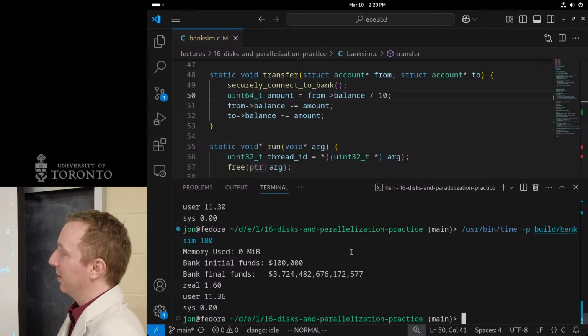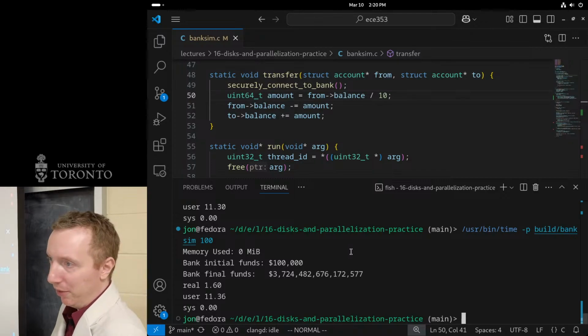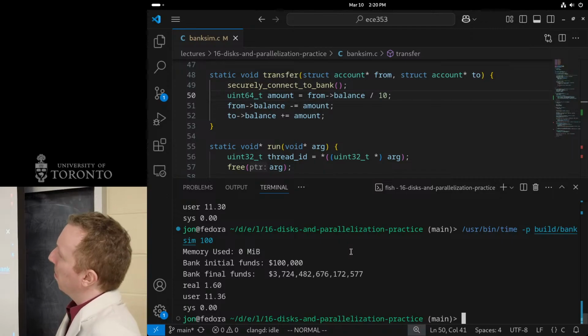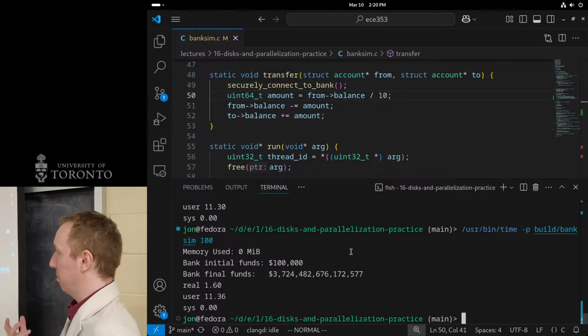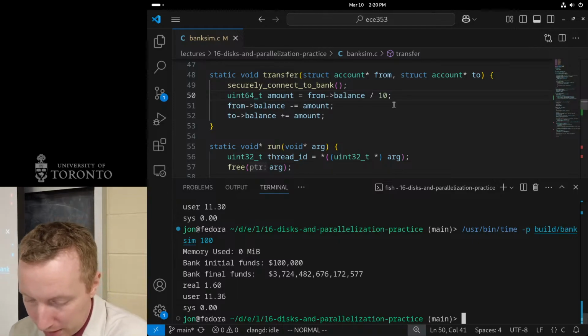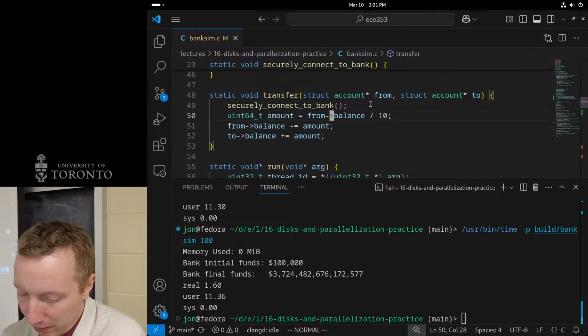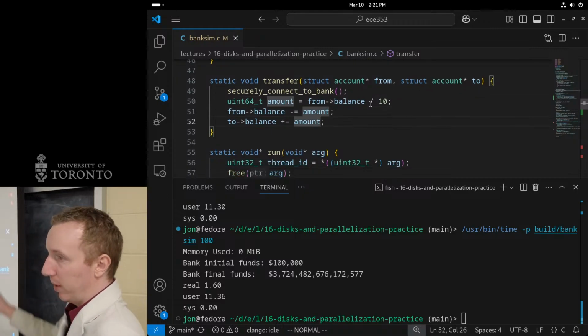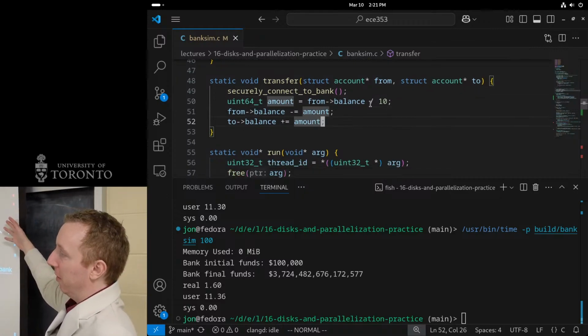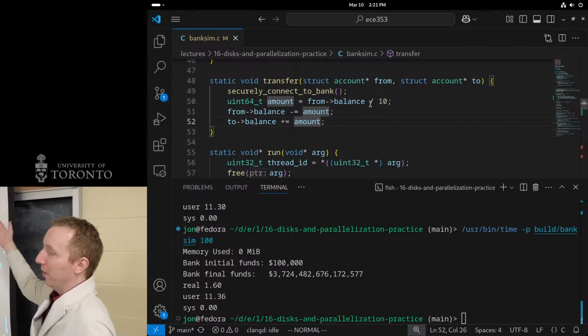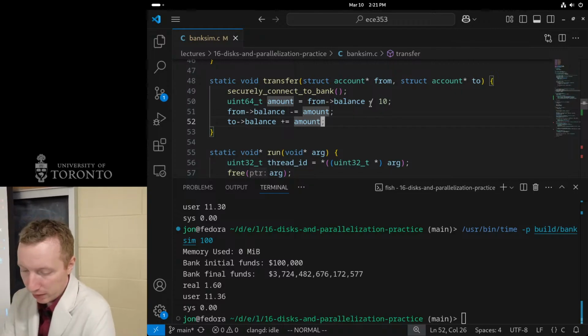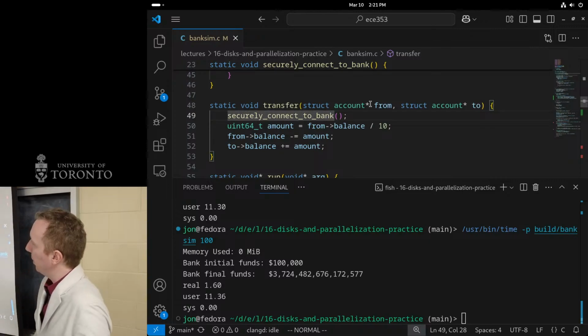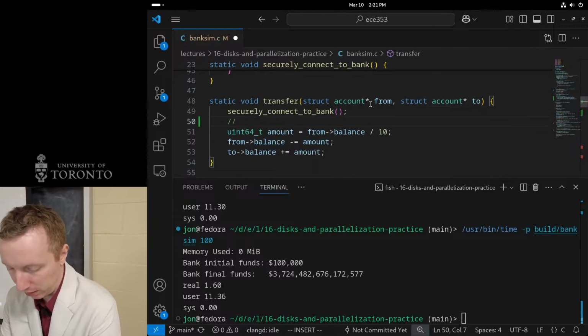Yeah? Is it possible to make a mutex for each account and lock each account instead of these accesses? Yeah, so the idea there is, well, should I create a mutex for each account? Probably a good idea, because this is where I have my data race with the balance, right? So we all agree we have a data race with balance. So one solution I could do that would be safe is I can just create a mutex, and then I can just do a lock.